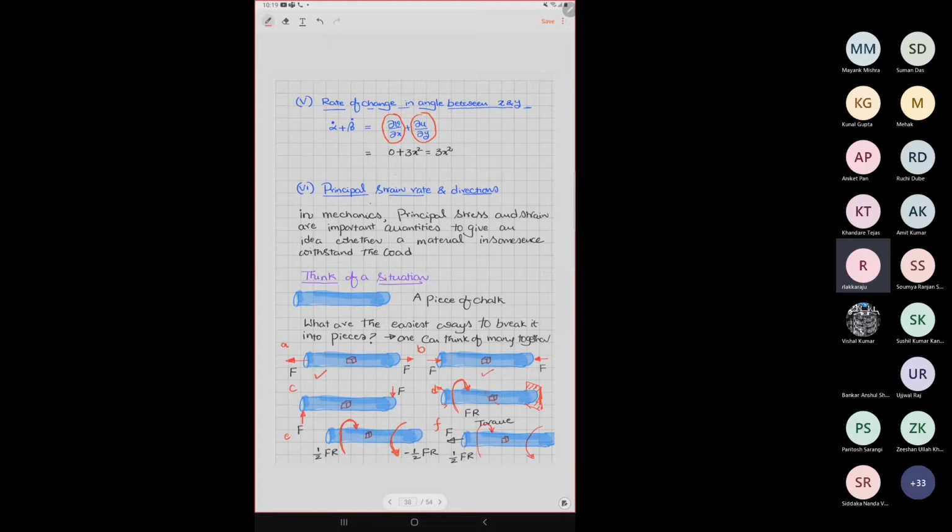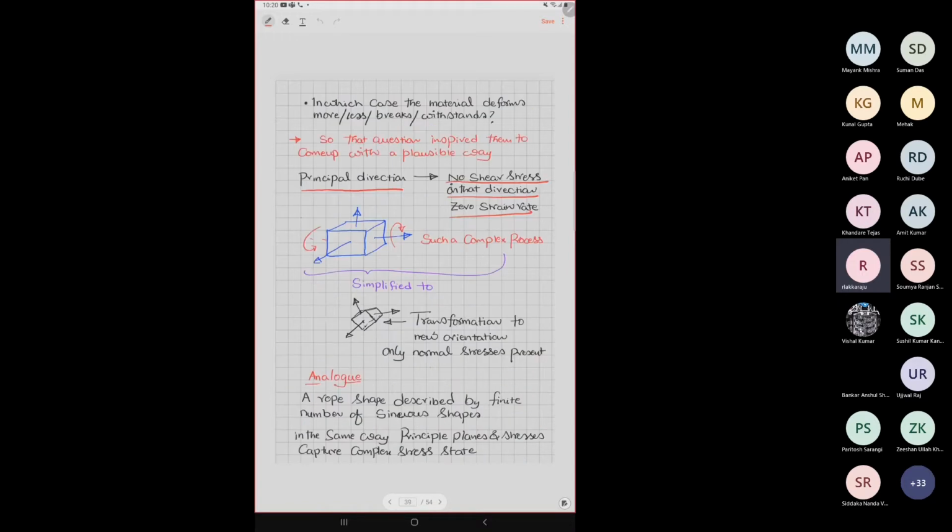Visualizing A is much easier, visualizing B is difficult. If I'm going to pull it, whether it is getting extended or getting compressed is quite easy to handle in an experiment. You can easily measure it. But measuring something like twisted is not that easy, at least some 100, 150 years back. And because of that, they introduced this mathematical framework. Pick this one,